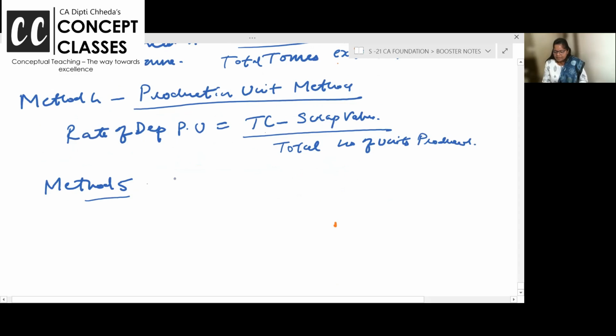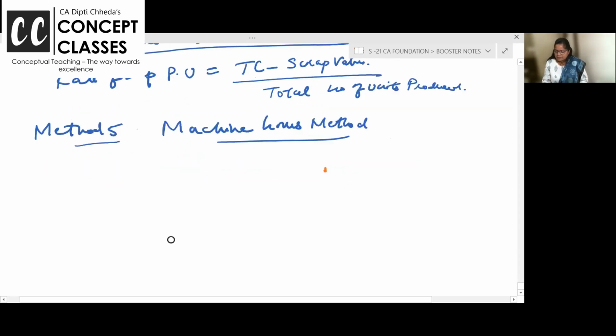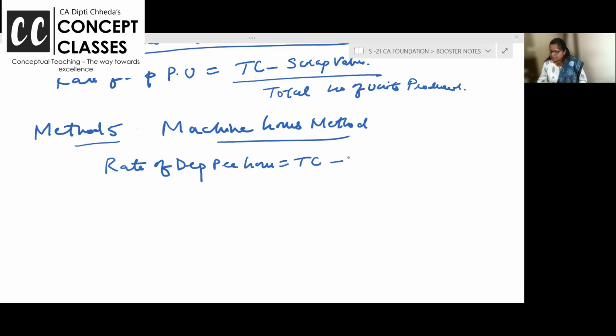Method 5 is machine hours method. Machine hours method. Rate of depreciation per hour you calculate. Total cost minus